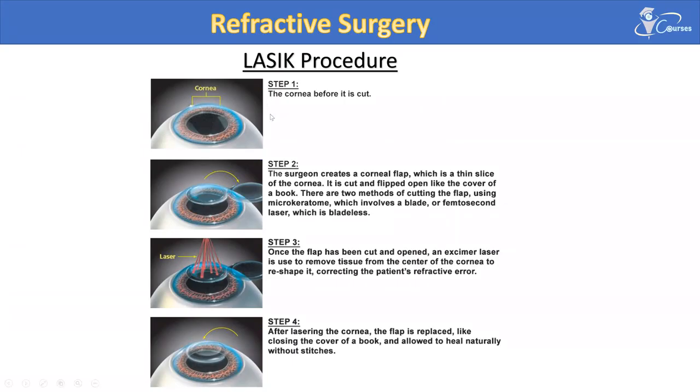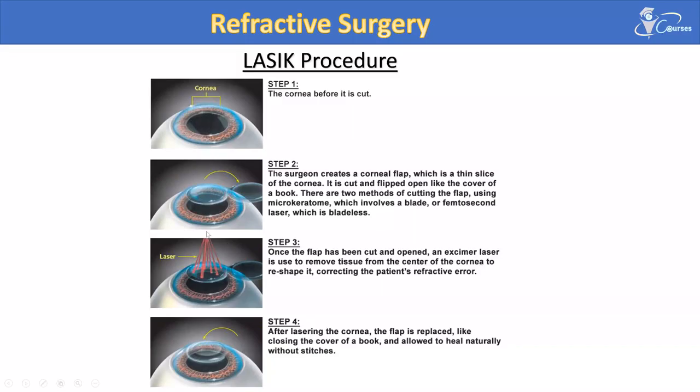How is it done? First of all, the cornea is marked before the cut. Then the surgeon will create a corneal flap with the help of a device called the microkeratome. This creates a flap with a hinge, and then the surgeon will flip or elevate this flap in order to allow the laser to ablate the stroma. This flap can be created either manually by the microkeratome, which is like a surgical blade, or